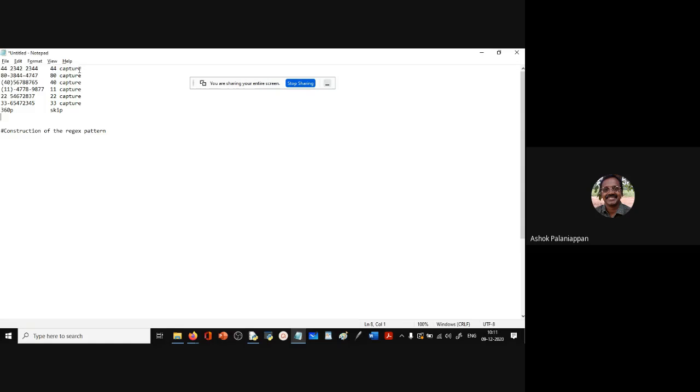We are trying to capture the area code in the phone numbers. All right. So you see the problem arises because multiple formats may be used for the phone number. Okay, all these are valid formats. Sometimes we use just the area code in the beginning. Sometimes we use brackets in the beginning. Sometimes we use a hyphen to separate the area code from the rest of the number. Sometimes we use a space to separate the area code from the number. Sometimes we don't use anything. We just give the entire number.